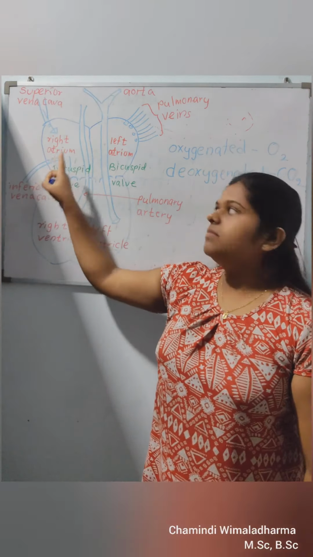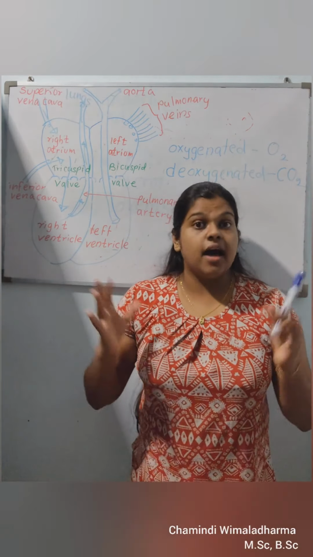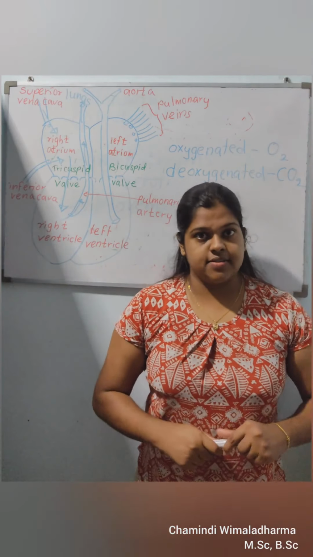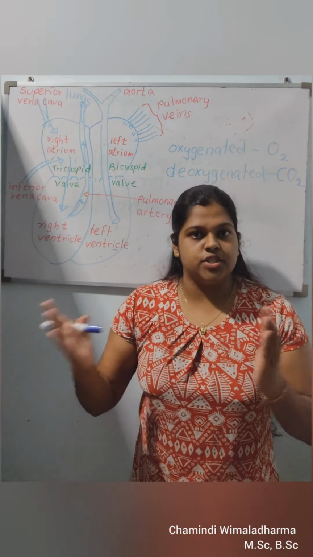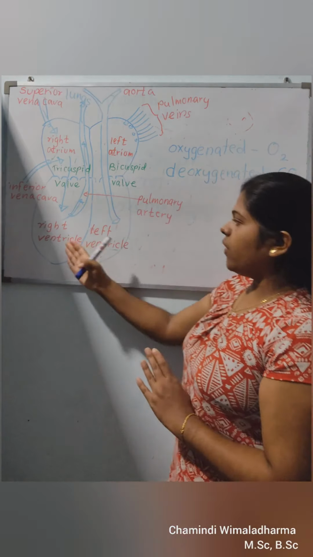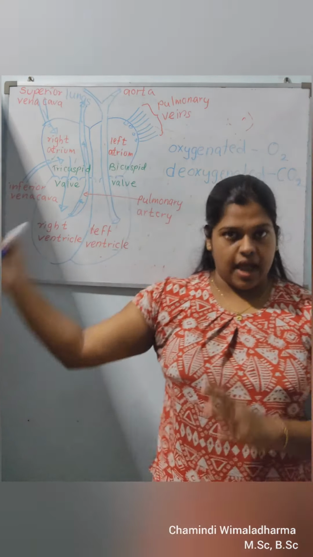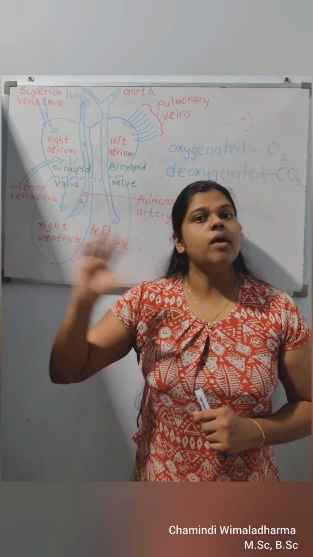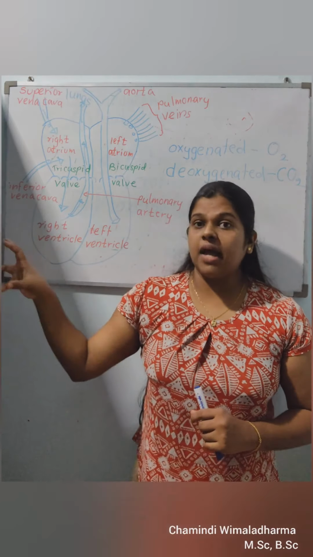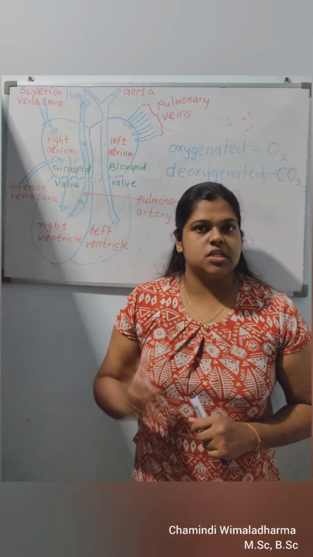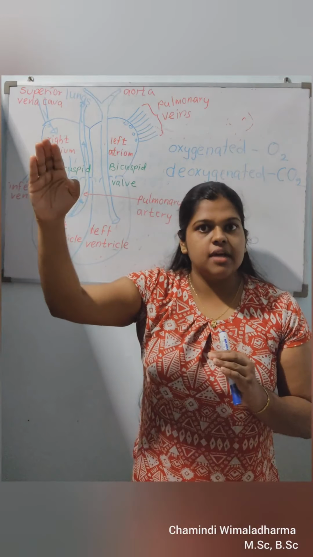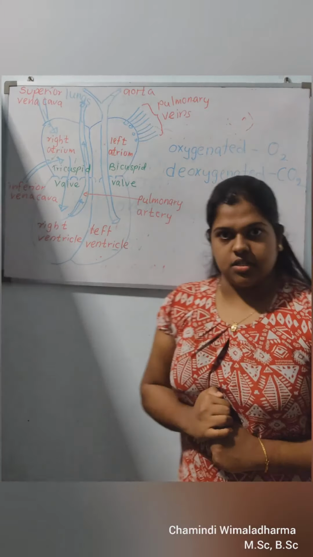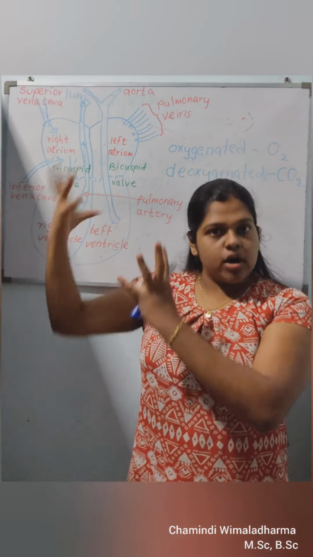Then what happens inside the lungs? We know inside our lungs there is a high concentration of oxygen, but this blood has a high concentration of carbon dioxide. So gases get exchanged in the lungs. The blood going from the pulmonary artery to the lungs exchanges with oxygen. Now there is no carbon dioxide, and this blood has been purified using oxygen. We call it oxygenated blood because it has oxygen, as it went to the lungs and got purified.